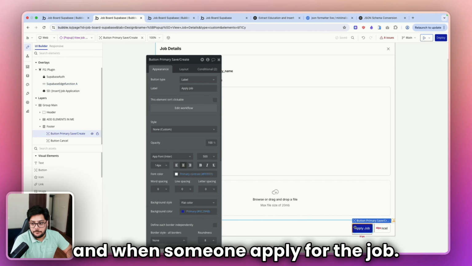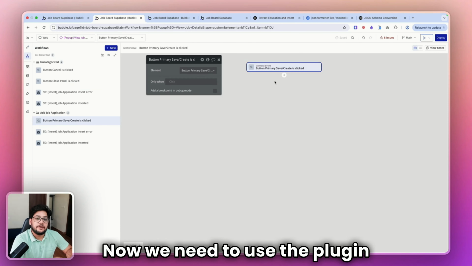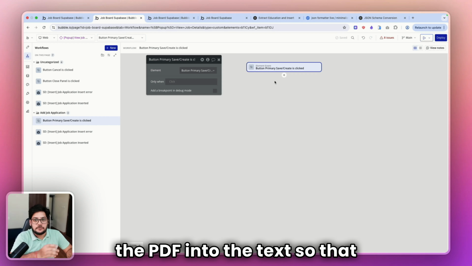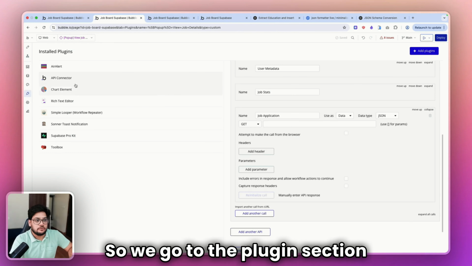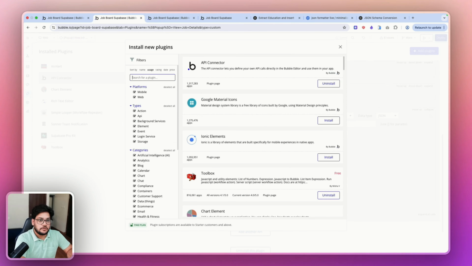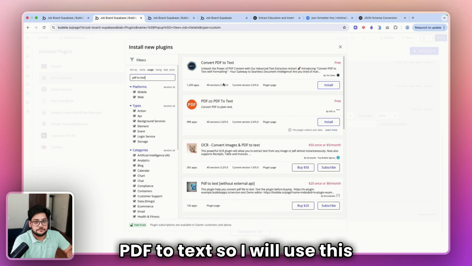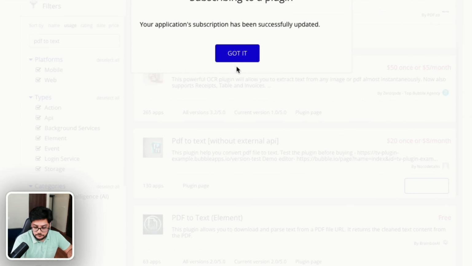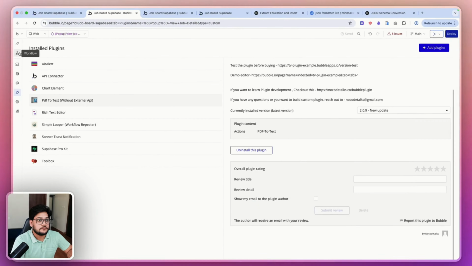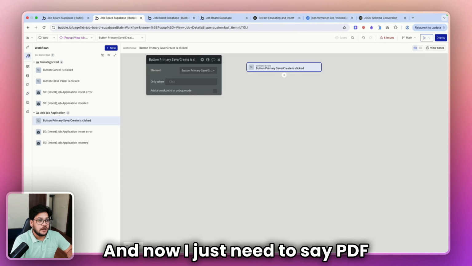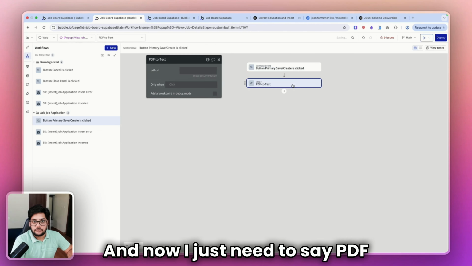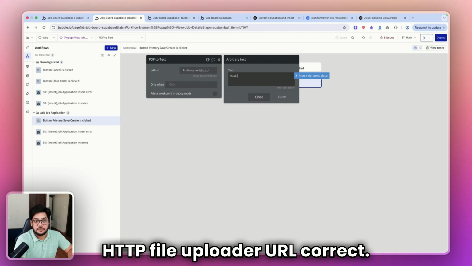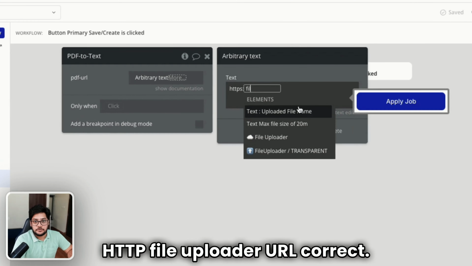Response done, and when someone applies for the job, now we need to use the plugin that will basically convert the PDF into the text so that we can send it to the server. So plugin section, the PDF. I will use this in one of my own plugins. And now I just need PDF to text. Here I will pass the URL of the uploaded file. So it will be HTTP file uploader